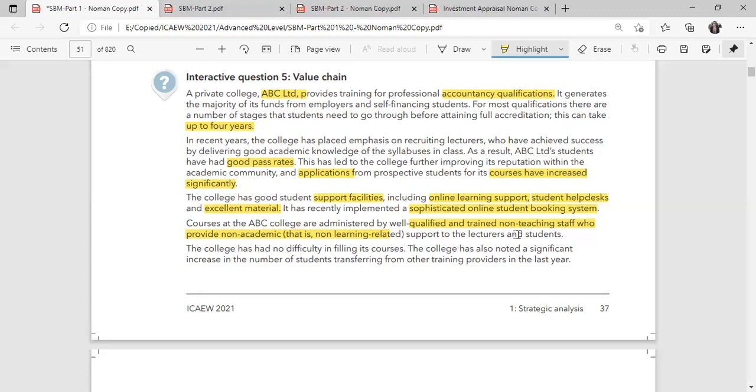For operations, what are our operations? As we can see from this situation, we are going through our study material here as well. So study material production, course material production, you can say we have online learning support, like virtual learning. We have different types of technologies. That is basically about your operation side.